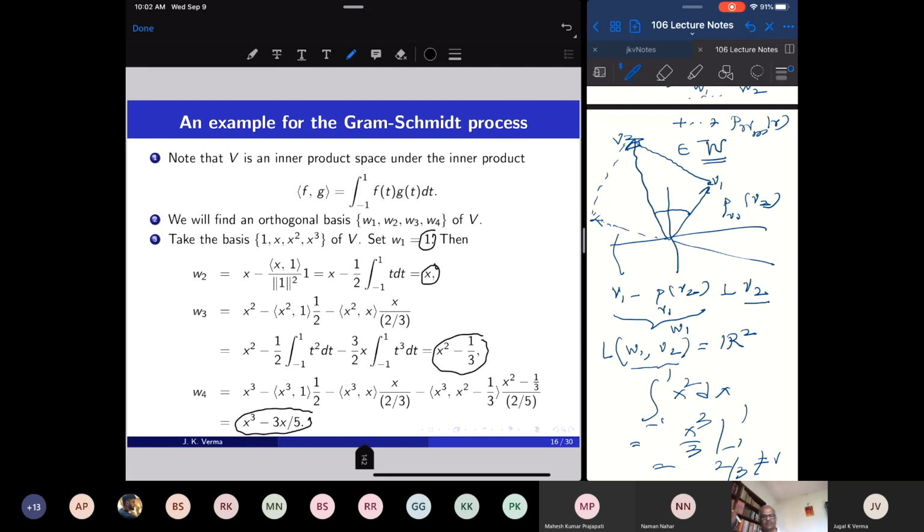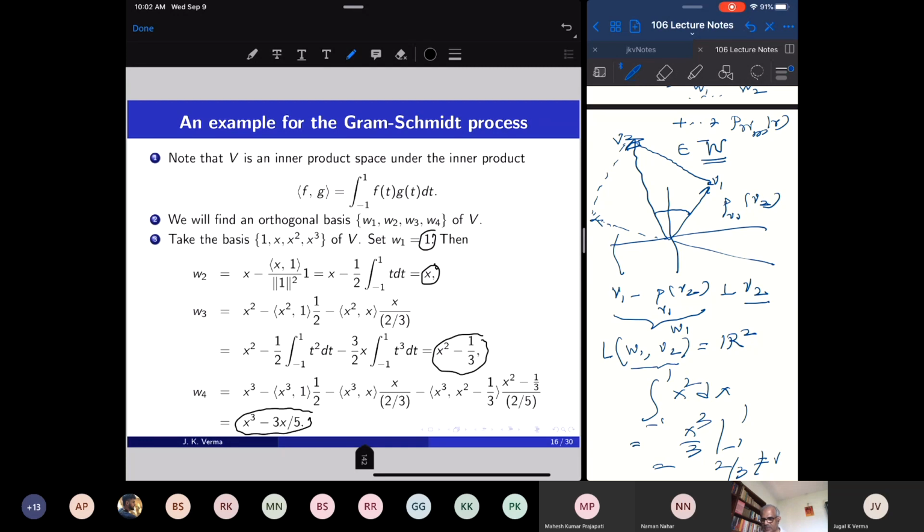These 4 polynomials are going to be mutually perpendicular. Their length may not be 1, but I can divide by the length. To find the length of a vector, I just take the inner product of the vector with itself, and then take the square root; that is the length. So we can always convert these 4 mutually perpendicular vectors into 4 vectors of unit length after dividing by the length. Okay, and we can get an orthonormal basis.